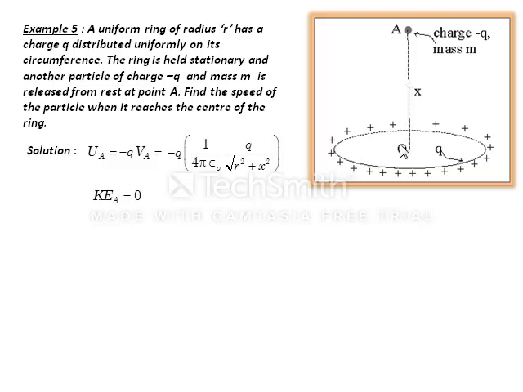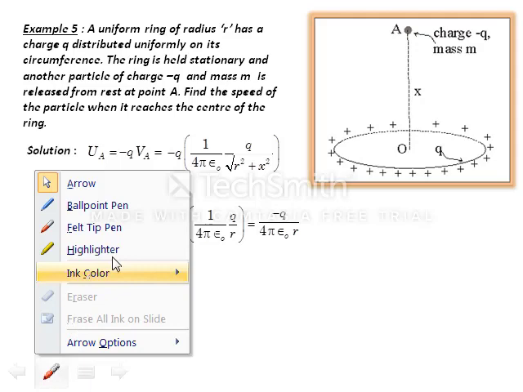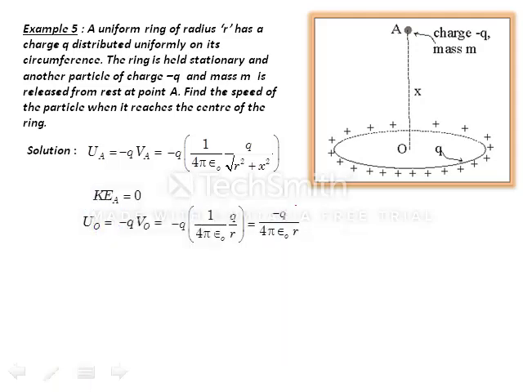This particle comes over here. When it reaches here, the potential energy at O, the same formula, is minus Q into the potential of O. The potential of O due to this ring is simply KQ by R. So this becomes minus Q into the potential at O. It should be Q square. This term should be Q square. Anyhow, further,